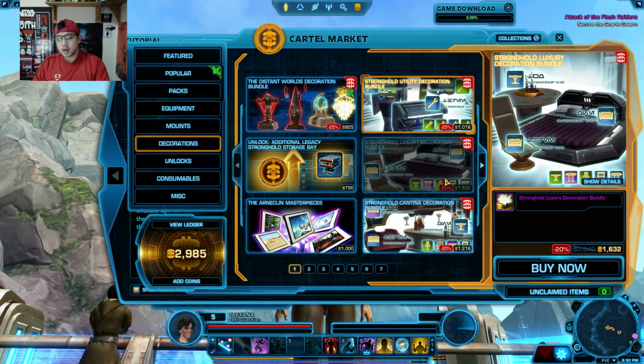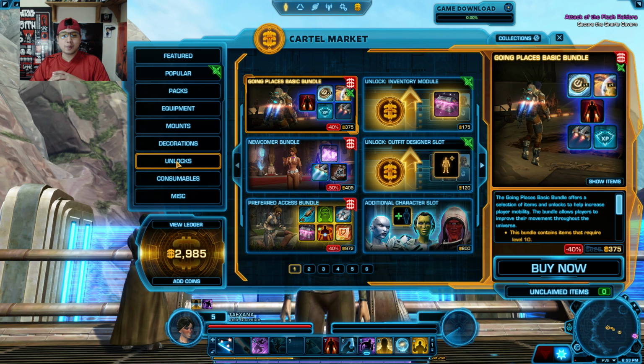They do come in packs. So like here you have a bundle and it's all bundled for you. If you just want everything in one go and you can afford it, you've saved up your cartel points, go ahead and buy it. That's totally fine. All right, so now we're moving down to the unlocks panel, and this one leaves a sour